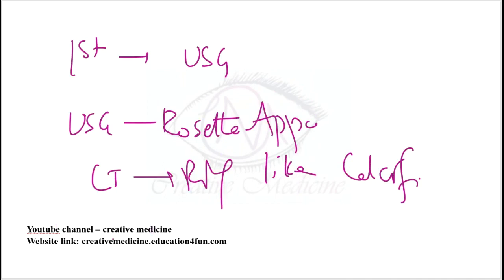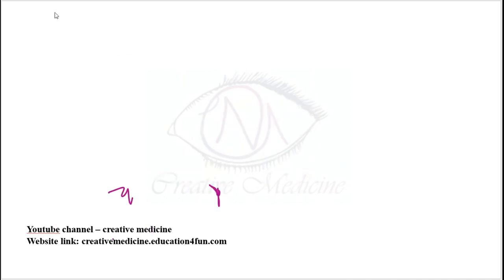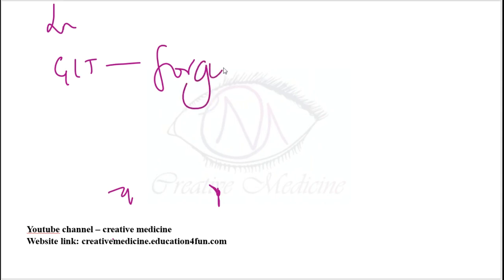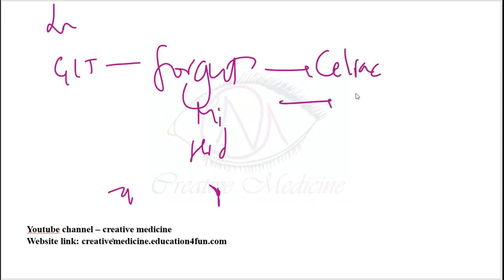Now, liver metastasis. The GIT develops from the foregut, midgut and hindgut. The foregut receives blood supply from the celiac artery, the midgut from the superior mesenteric artery, and the hindgut from the inferior mesenteric artery. The liver acts as a filter organ for most of the venous drainage from the GIT. So if the blood has any malignant cells, they get filtered in the liver.